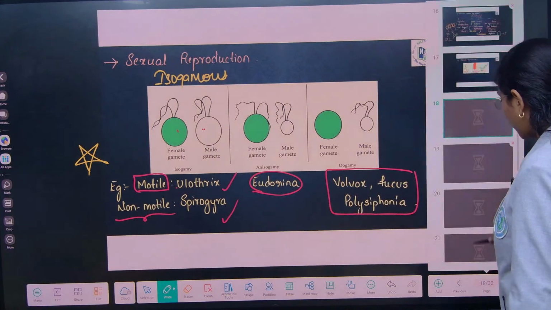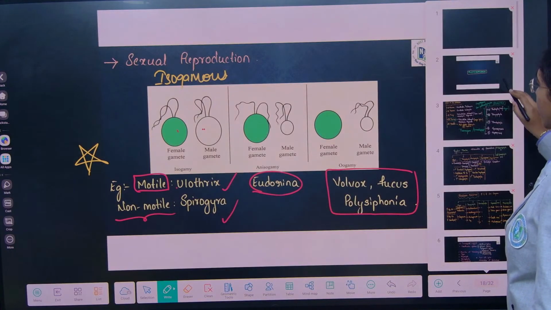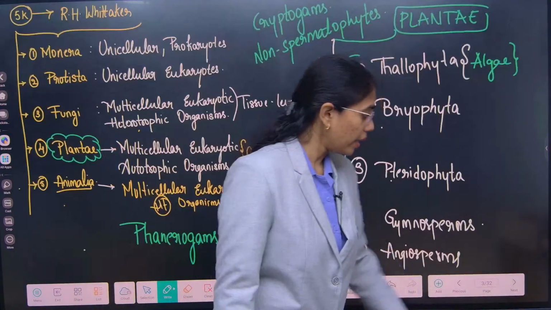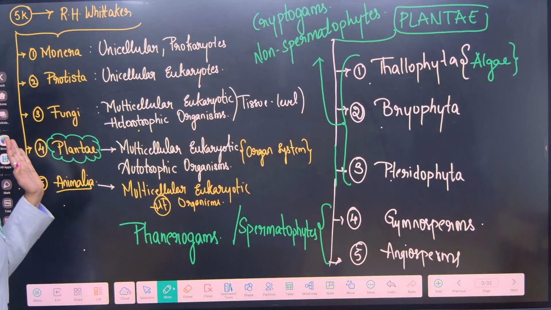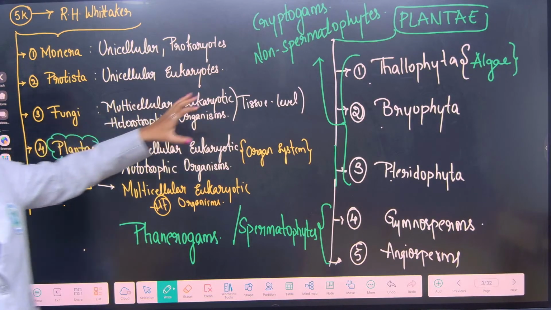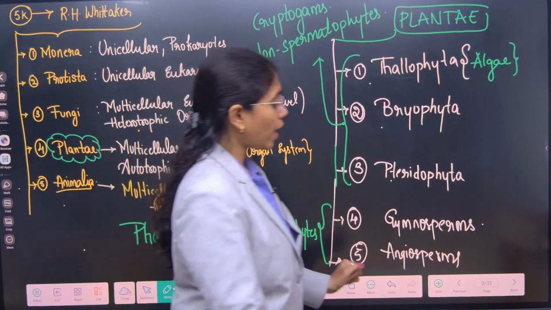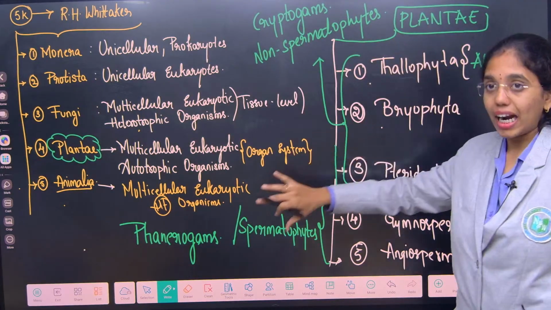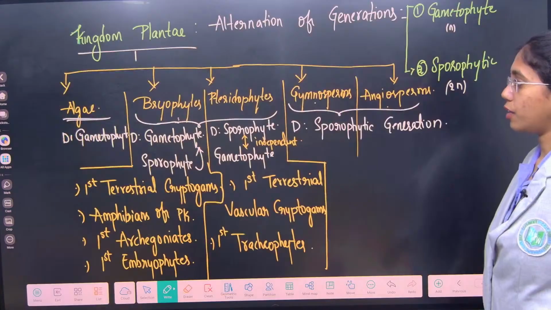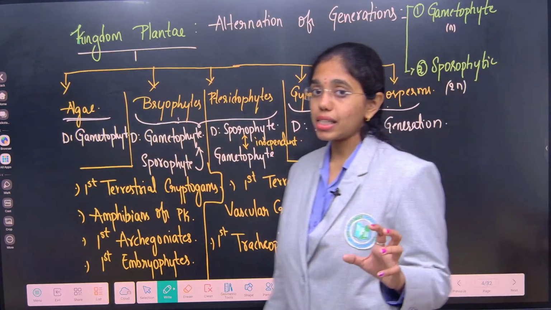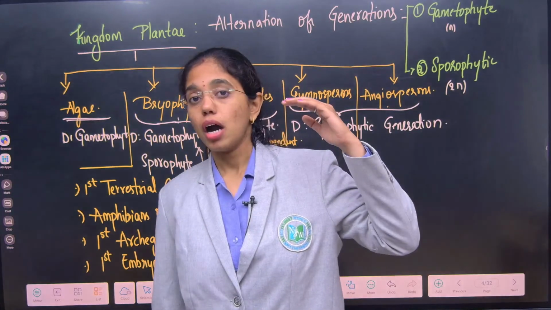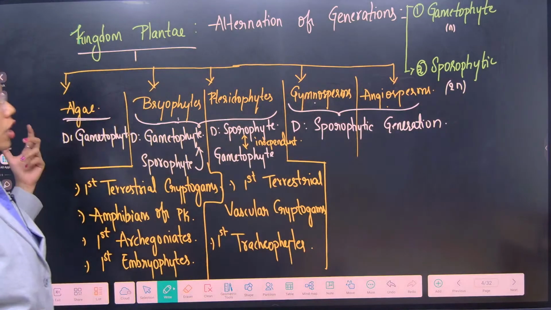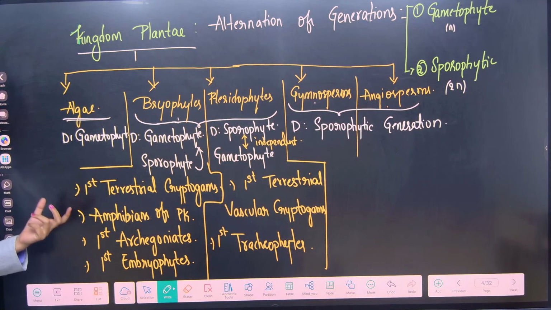So, the key takeaways of today's session, what we have learnt. From kingdom Plantae we have elucidated all the five divisions by taking the standard five kingdom system of classification. These five divisions we have learnt under cryptogams, which are non-spermatophytes: algae, bryophytes, pteridophytes; and phanerogams, spermatophytes: gymnosperms and angiosperms. Then kingdom Plantae exhibits alternation of generations, with gametophytic and sporophytic phases as two generations, and we saw which is the dominant phase in all the five divisions.